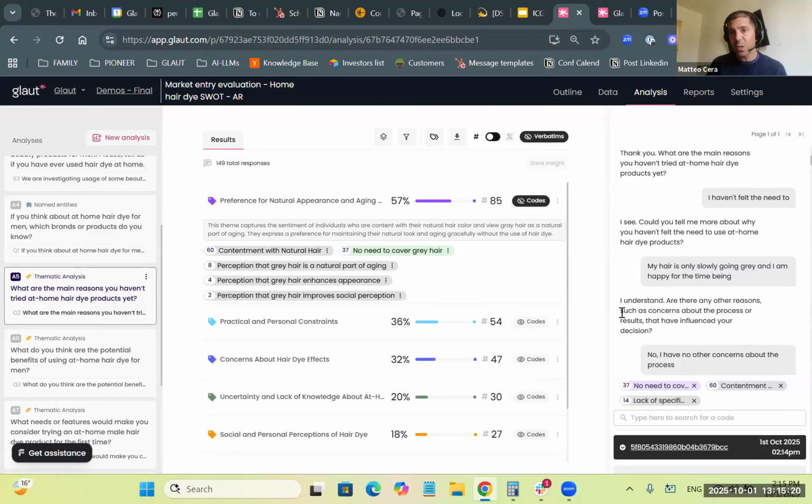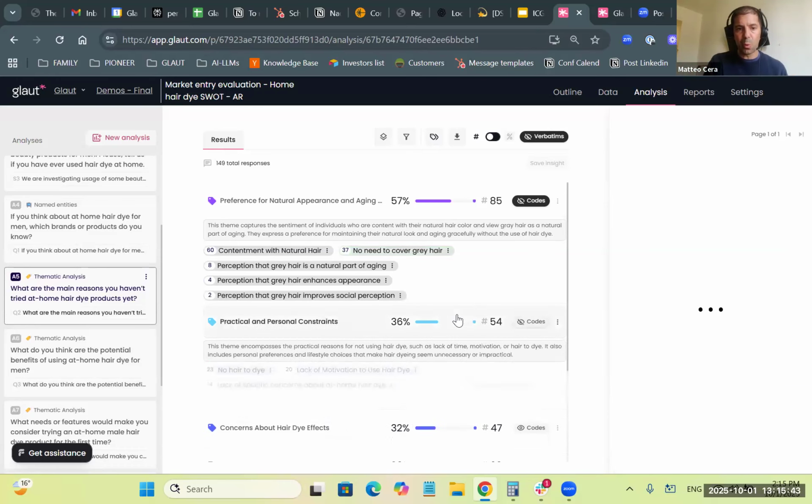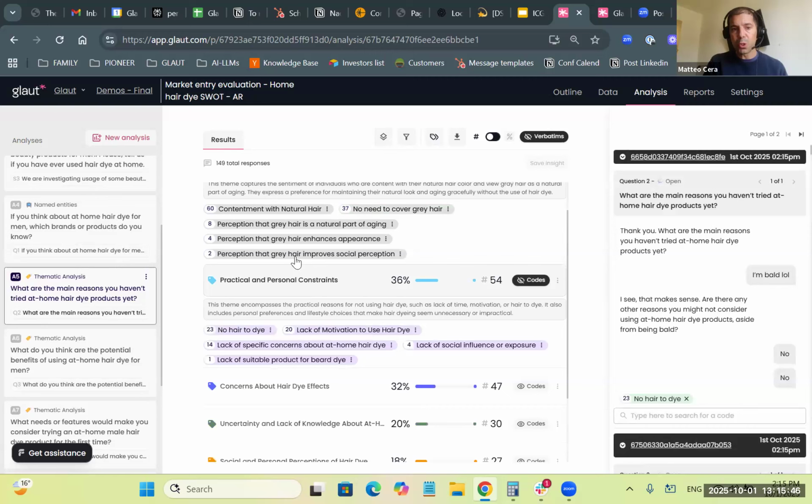Because at the end of the day, if you show a verbatim to 10 different researchers, they will have 10 different ways of coding it. But the good thing is that Glaut does the heavy lifting for you. It will code everything for you. And in a few minutes, you will be able to correct the codes that do not fit with your hypothesis, or go to the ones that have only one or two codes and maybe merge them with something else.